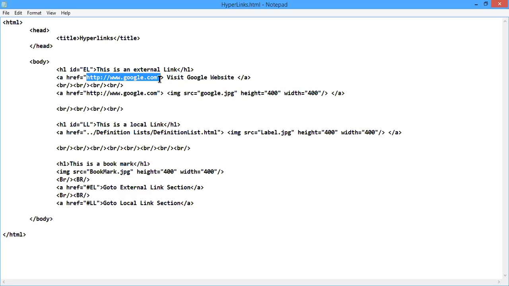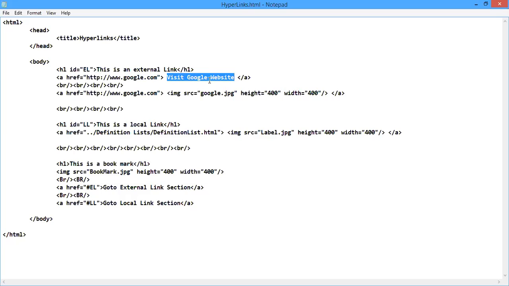Here I have set the hyperlink reference to the Google website domain name, because here I am creating an external link. An external link always links to some resource available outside the website. I'm using this set of text. You can include any text here, but remember to use only meaningful text.